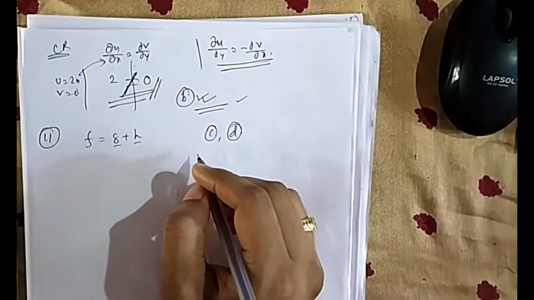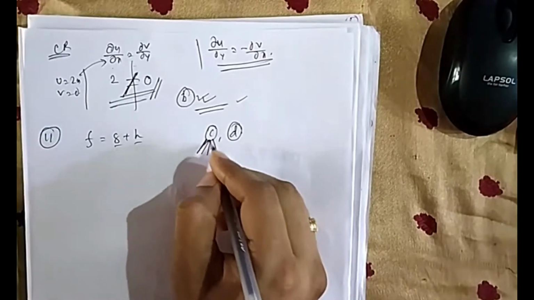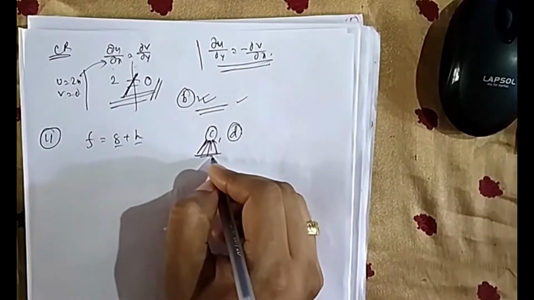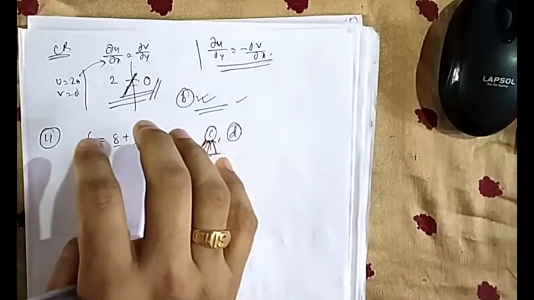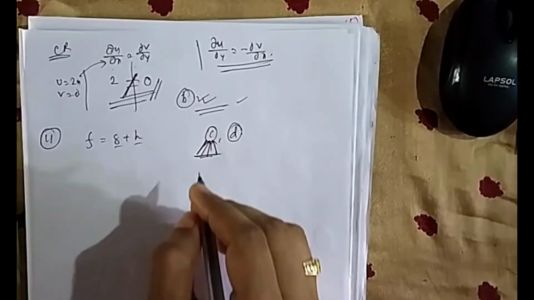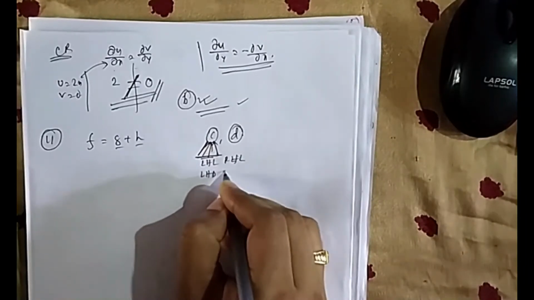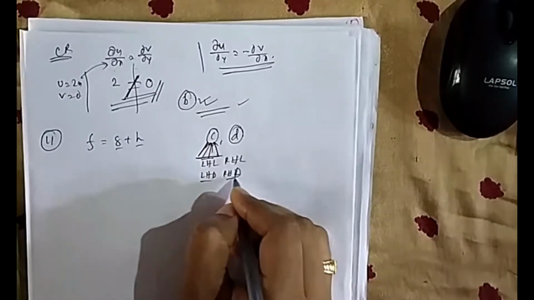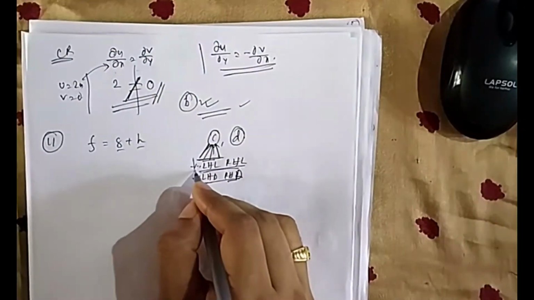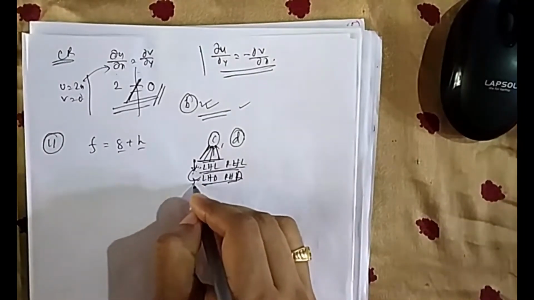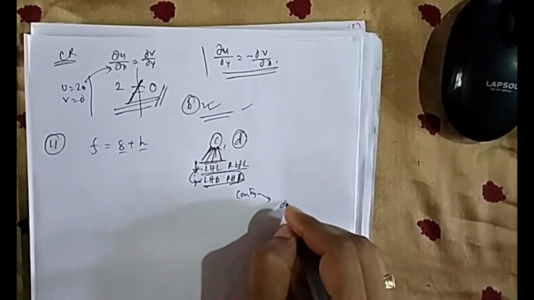C: if f(z) is continuous at z0, then it is differentiable at z0. By now you have known that even in normal calculus, if a function is continuous, that doesn't mean it will be differentiable. You have to check the left hand derivative and right hand derivative. Continuity is one thing, differentiability is a different thing. For continuity we check the left hand limit and right hand limit, and for differentiability we check the left hand derivative and right hand derivative. It should be continuous first, then it can be differentiable, but you have to check. That means first we will check continuity. If it is continuous, then we will check for differentiability.